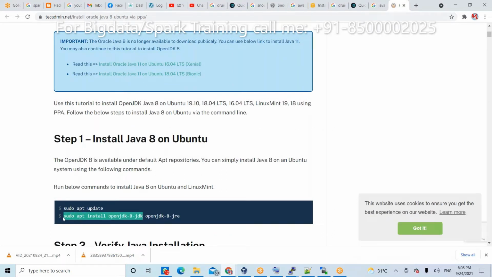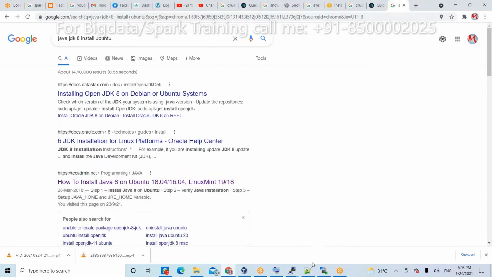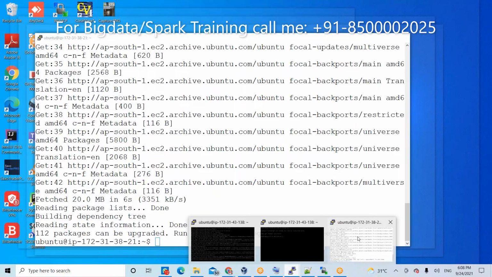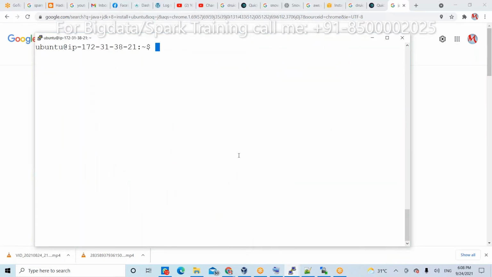sudo apt install openjdk-8-jdk. All these commands are available in this documentation; please see the YouTube description and just follow that. Now execute this command. Next, sudo apt-get install the JDK.